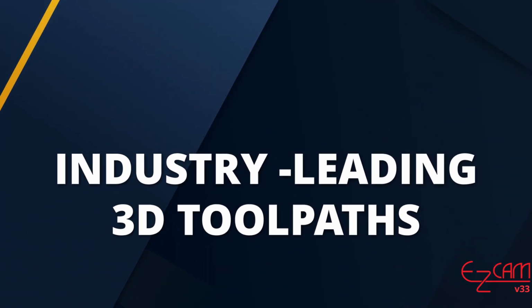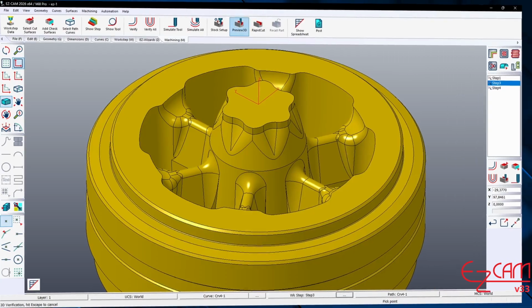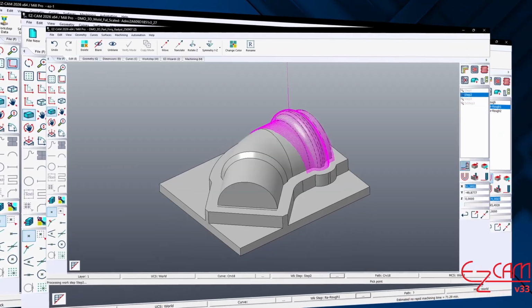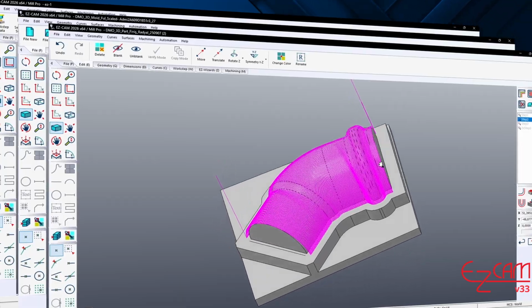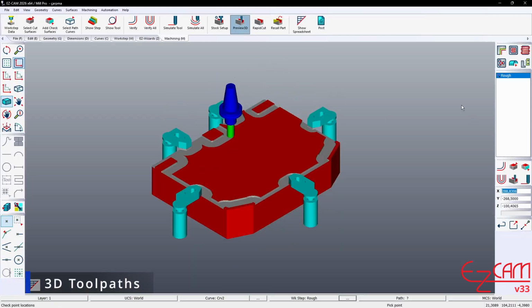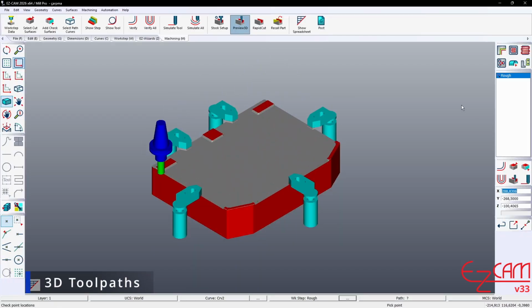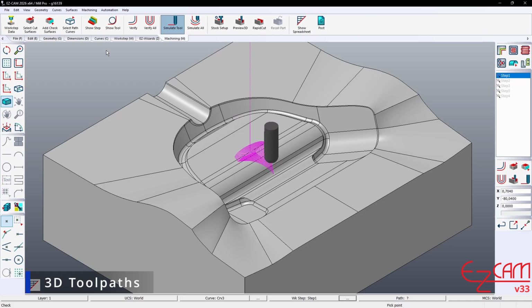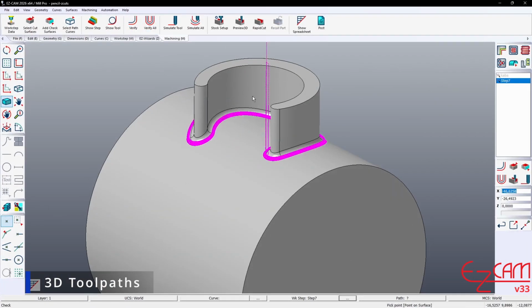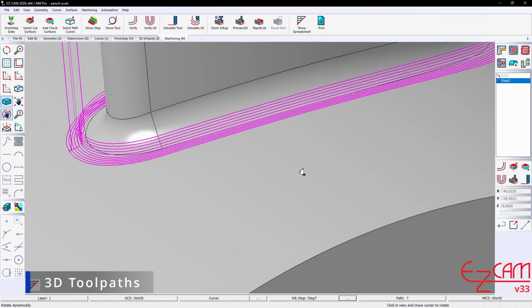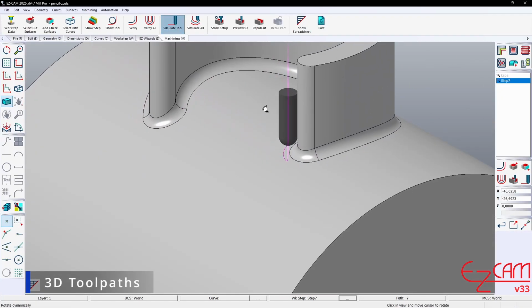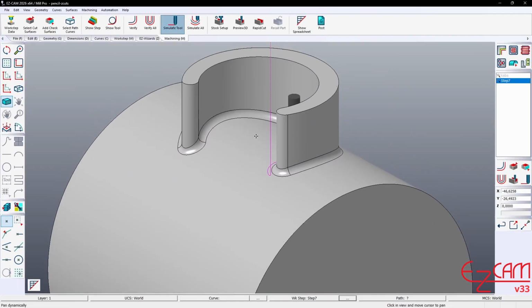Next generation 3D toolpath technologies. With the release of 2026, there are serious improvements in the toolpath library. Users now have more operation choices and smarter algorithms. It includes numerous calculations tailored to different cutting strategies and the needs of complex geometry. In short, this means, where previously you could create only a single toolpath type for a given region, now multiple strategies can be engaged for the same region. You can see the best example of this in the plunging options.